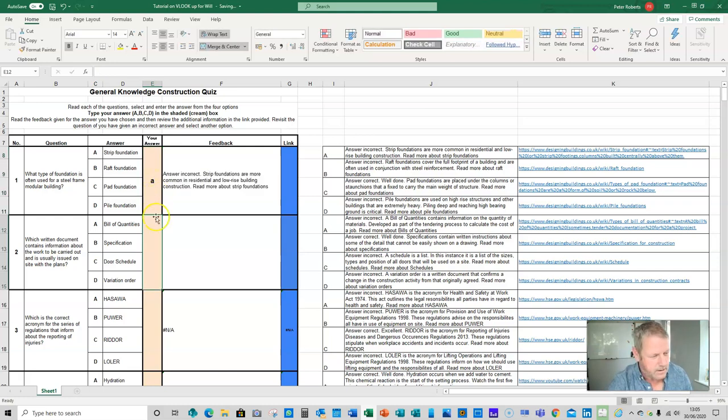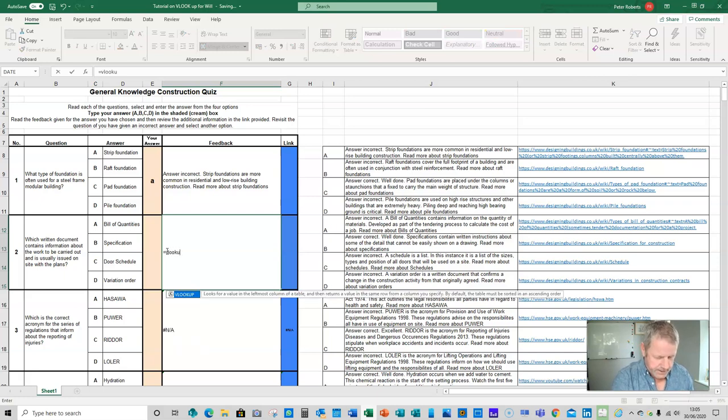like so. Okay, I'm just going to do it one more time for question 2, and that would be equals Vlookup bracket lookup value where the learner is going to place their answer, comma, remember the table array. Now my table array now is 1, 2, 3, 4, A, B, C, D there, and the 3 columns, comma, the index number will be number 2,